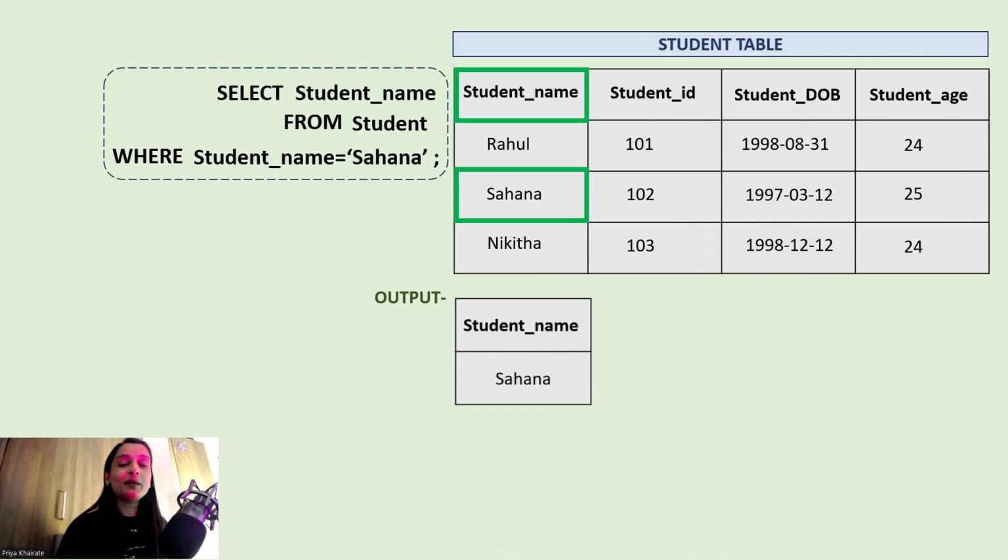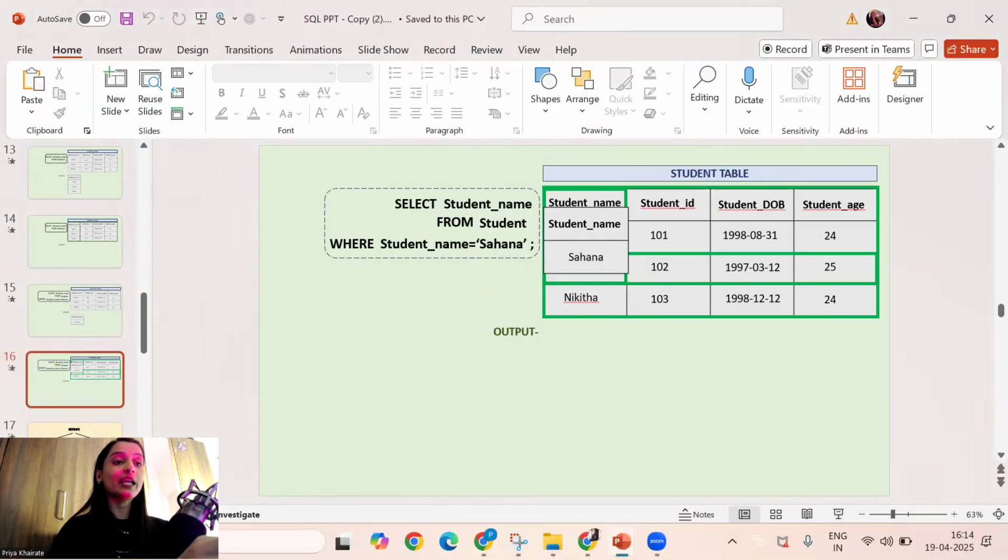But many of you might be thinking, ma'am, we are selecting specific columns also, right? So this is a projection query also. Yes, my dear student, this is your selection plus projection query. Whenever you are selecting specific columns, that is your projection query. Whenever you are selecting specific rows, that is your selection query. So let's practice with these 2 types of queries on our online compiler.